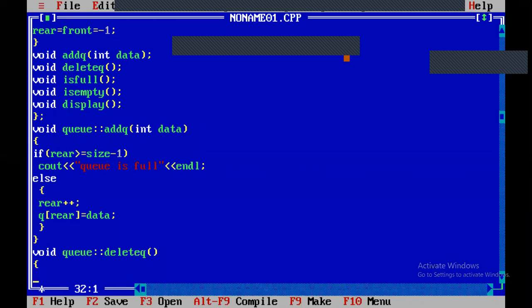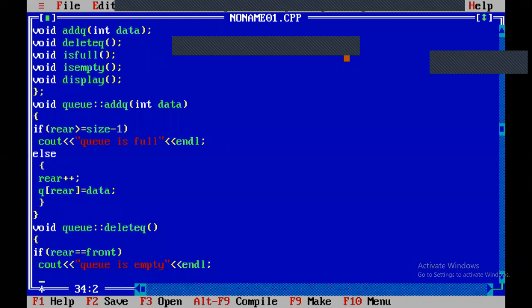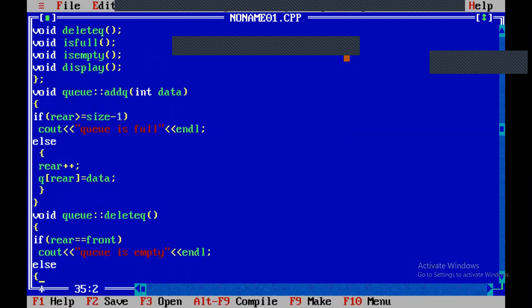When can we not delete a value from the queue? If rear equals front, that means the values inserted are equal to the values deleted, so it is not possible to delete. For each insertion, rear is incremented by 1. For each deletion, front is incremented by 1. That's why if rear equals front, we cannot delete the value from the queue. Cout queue is empty. Otherwise, we can delete the value from the queue.